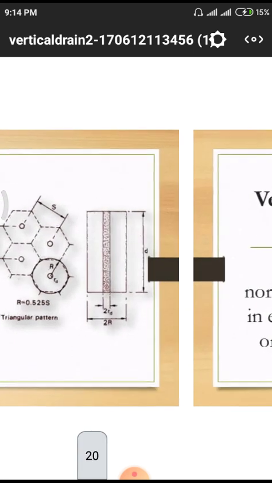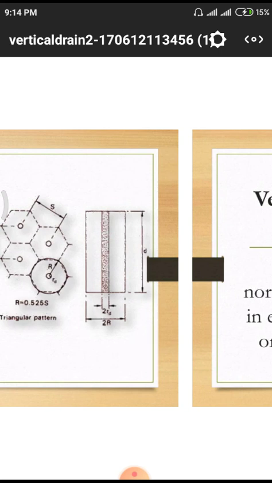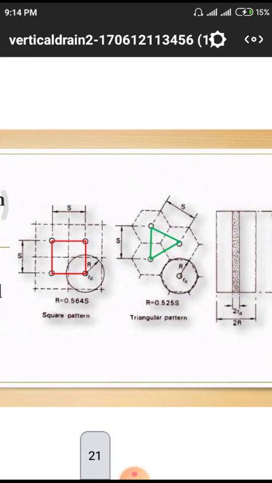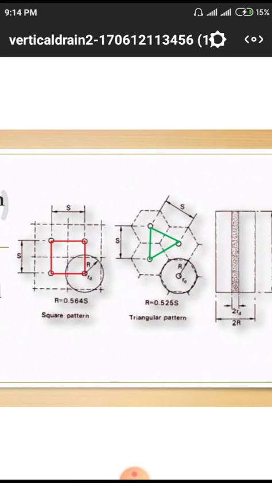These are also 2R, that means 2R is equal to the diameter in the diagram. That means the depth of the borehole is a minimum of 10 meters and a maximum of 30 meters. The other representation is how they will be drawn.